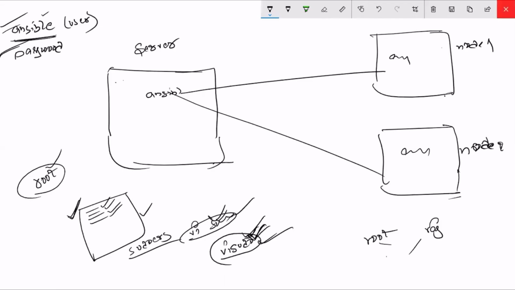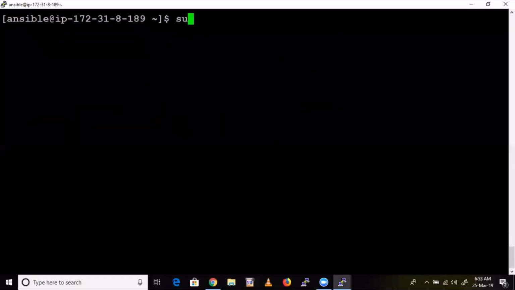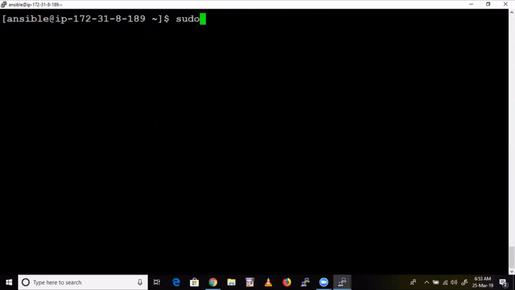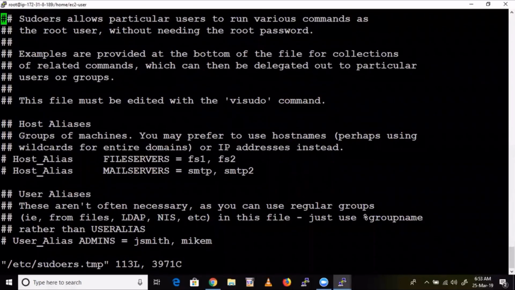So see here, switch back to the root user. Directly you can type exit. See here, we are back to the root user. Now what do we do? visudo. These are important configuration files, guys. Be careful while editing these things. Open this file. See here, these are the main configuration files.